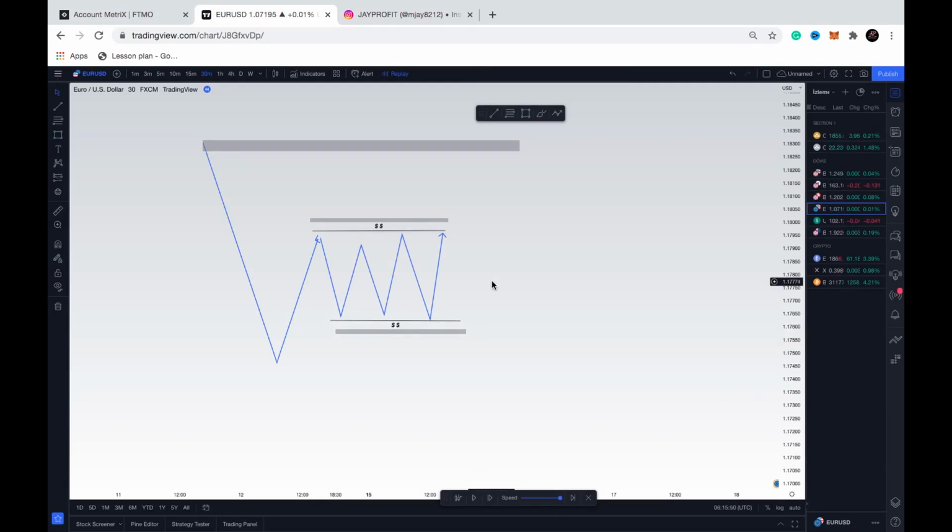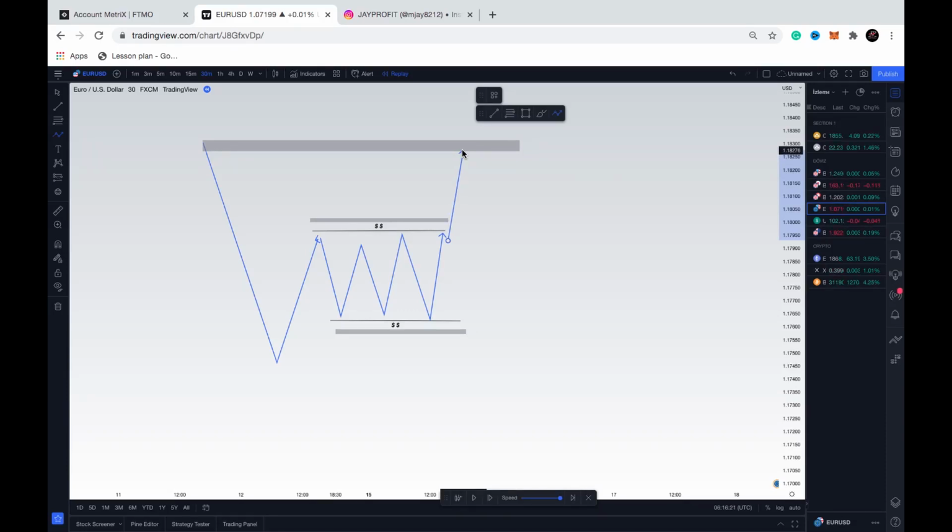Like I said, they want to pump in like $1 million worth of sell orders into this market. Since they don't have enough liquidity to sell that market, they will target retail traders' stop losses. So what will they do? First of all, they will put into the market some units of orders in the opposite direction. They'll push the market up, putting in enough volume to cause a push in the market.